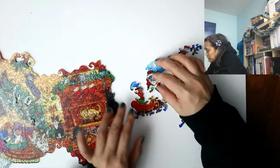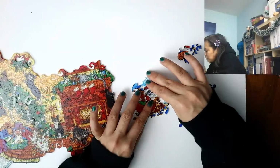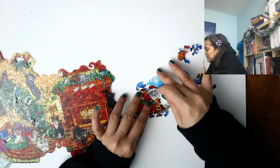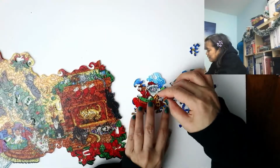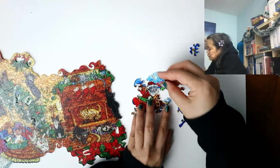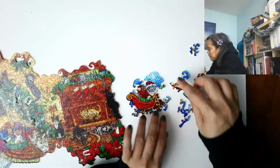Let's see. Okay, I think this kitty goes right in here. Santa kitty. Santa Claus, as the old joke goes. So I'm not very good with jokes. How's this go? Back there. And then,